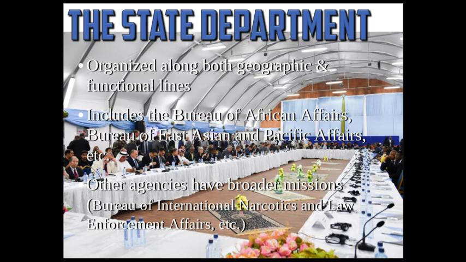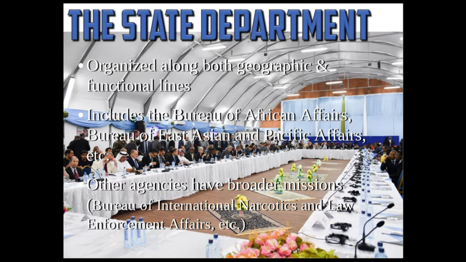Organized along both geographic and functional lines, the State Department includes the Bureau of African Affairs, the Bureau of East Asian and Pacific Affairs, etc. So the State Department has bureaus prescribed to each little segment of the globe. Other agencies have broader missions, such as the Bureau of International Narcotics and Law Enforcement Affairs, that's trying to combat